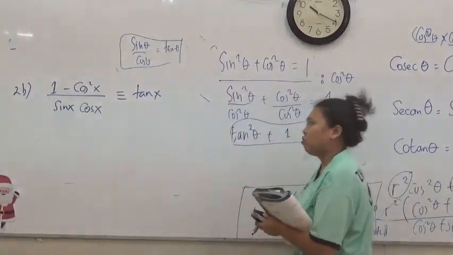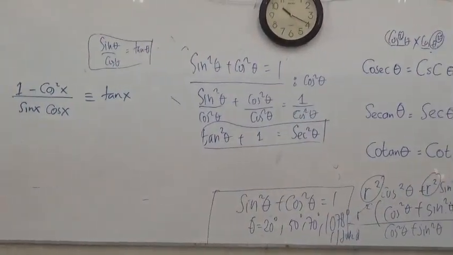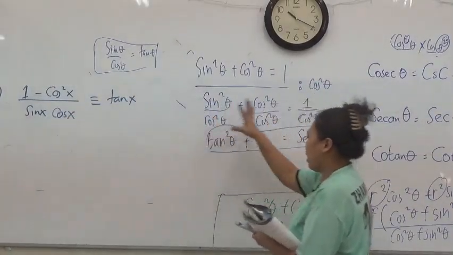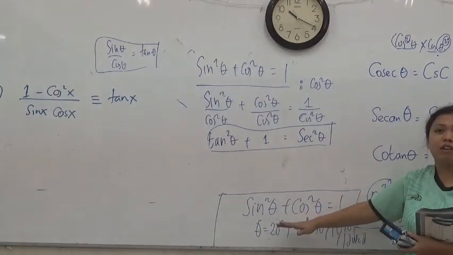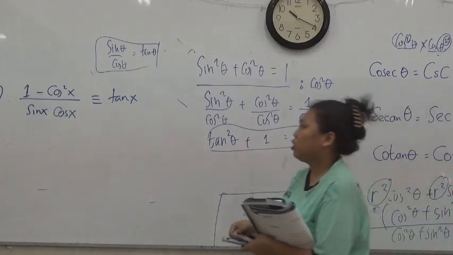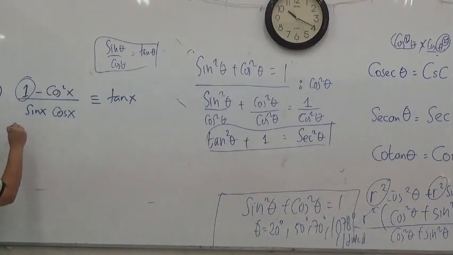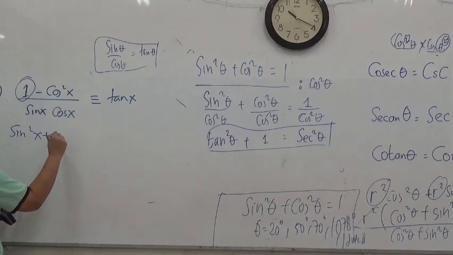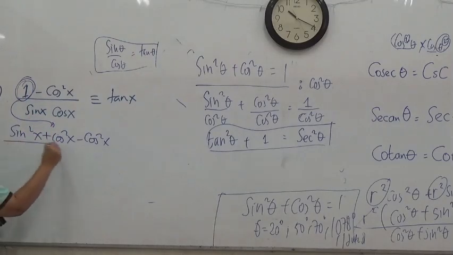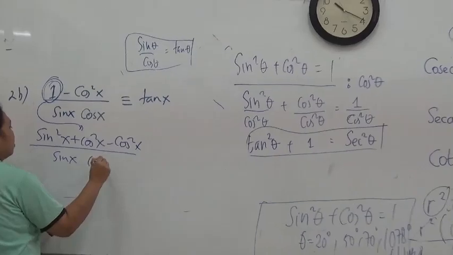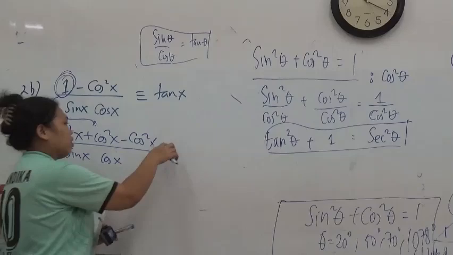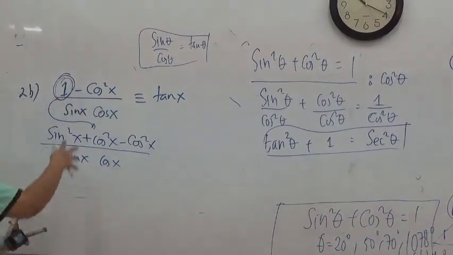So 1 minus cos squared x divided by sin x cos x. It's kind of difficult because you have the constant 1. This is not 3, this is number 1. But based on the first identity, the main identity that you already collected, you have number 1 here. So you can change 1 to sin squared x plus cos squared x, minus cos squared x, divided by sin x cos x. Once again, you still don't know that these two are equal. You are proving, so you cannot add equals tangent x. You are proving that this equals this one.